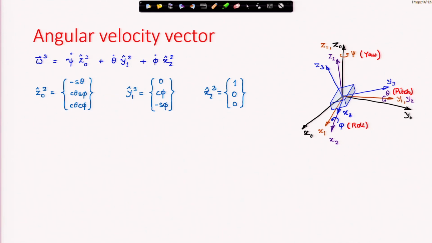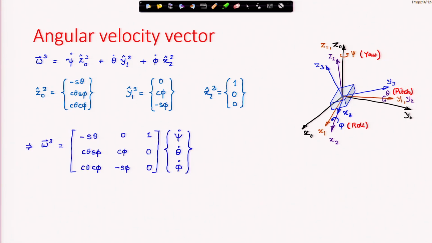Now, our task is straightforward. We have to just substitute these expressions in the angular velocity expression, which is written as the first equation here, and what I have done is substituted them and pulled out the yaw, pitch, roll rates as a column. This gives us the transformation from the yaw, pitch, roll rates to the angular velocity vector, and this is a very useful transformation. Using this, now we can integrate,